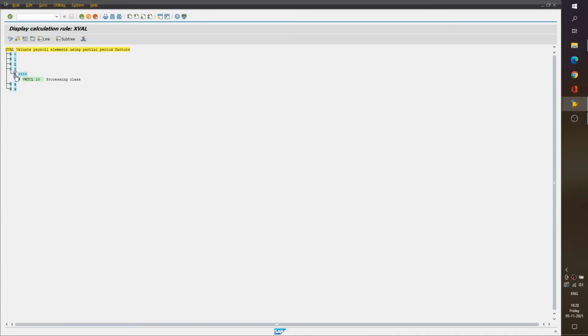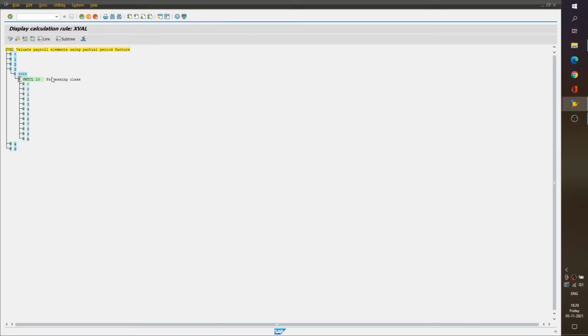Inside PCR grouping 3, you can see this is the call to the processing class. This operation is just checking what the specification of processing class 10 is for the current wage type being processed. If I expand this, it will show all the specifications. For each specification, different rules are written.